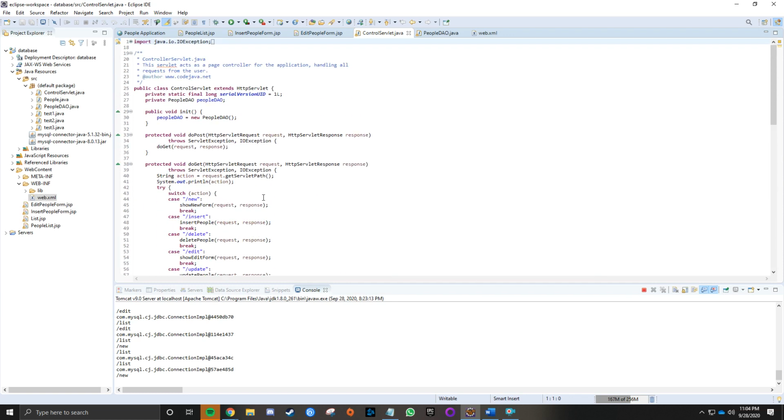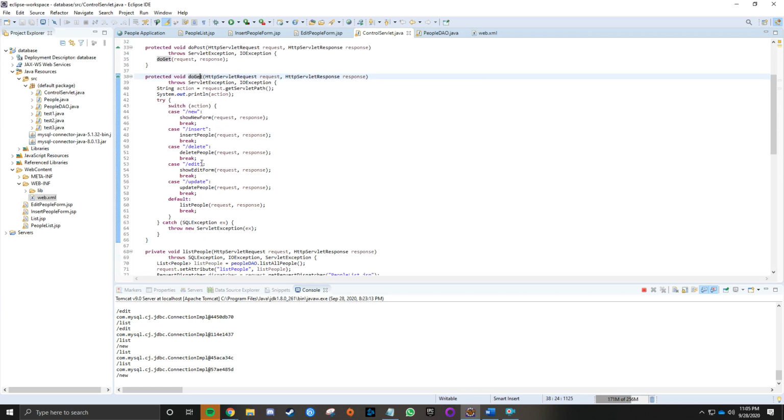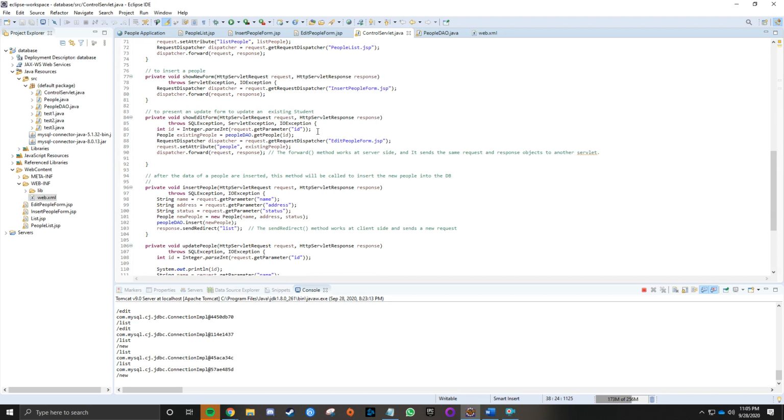Oh, and real quick before we get into that, in our code here we have do post, which calls do get, and do get are all the actions we're going to take in the database. And typically do post is in value form and do get is in URL, but in this case we have do post calling do get, and you can see here do get are all these actions. So again, with the new,